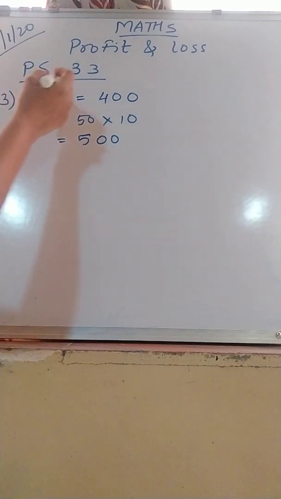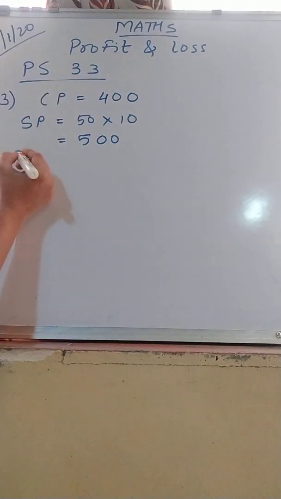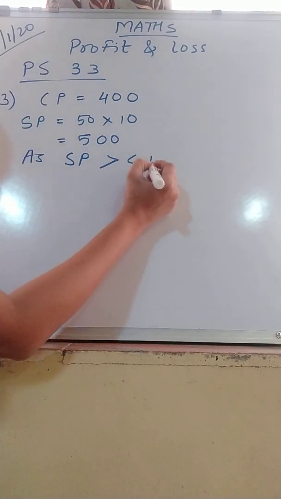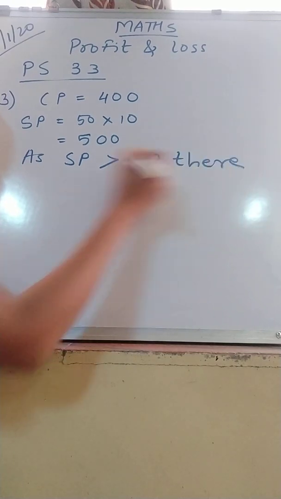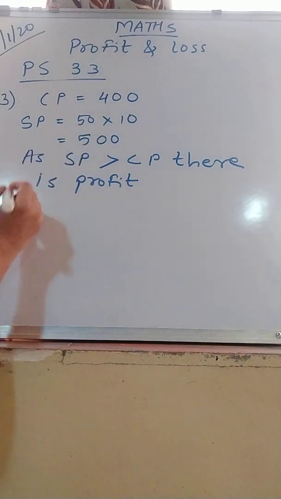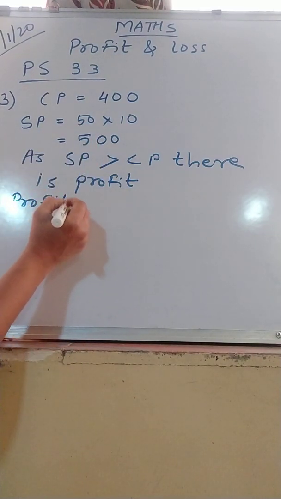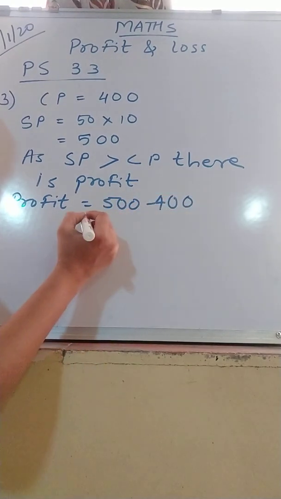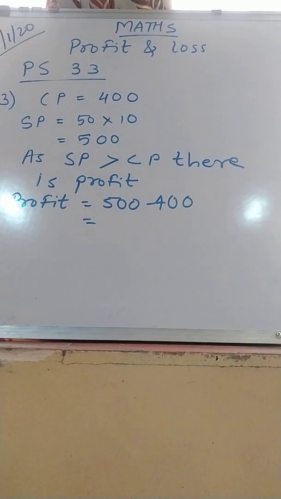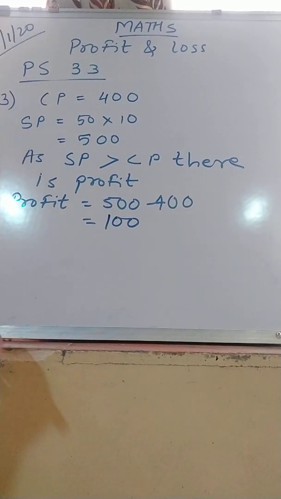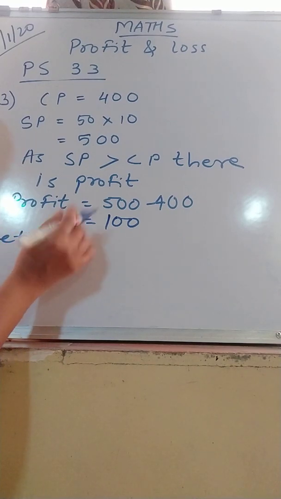Right? As observing these two values, I can say as SP is greater than CP, there is profit. Right? Now what is the profit? 500 minus 400. Right? So profit is 100 rupees. But I want profit in percentage. So let's consider